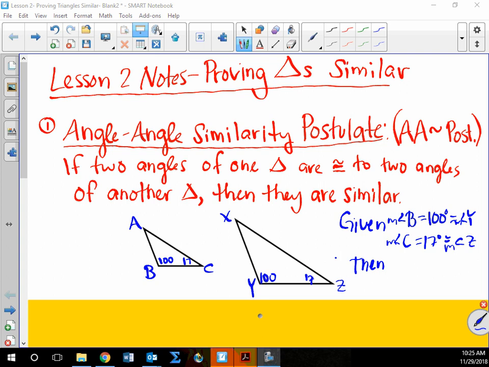So just knowing those 2 pieces of information and nothing else about the triangles, I can make my conclusion that triangle ABC is similar to triangle XYZ. So it's pretty nice. We don't have to have a whole lot of information to know those triangles are similar. Angle similarity postulate, my favorite one because it's the least amount of work you have to do to show they're similar. You have the angles, boom, you know the triangles are similar. All right, questions with this? This is what we did at the end of last class. Okay. So now our second one